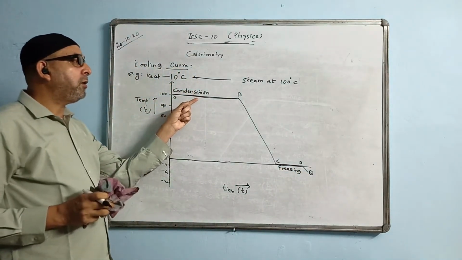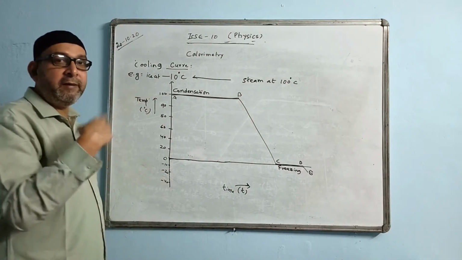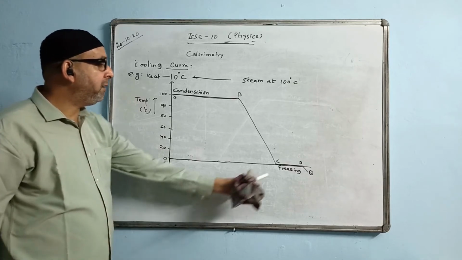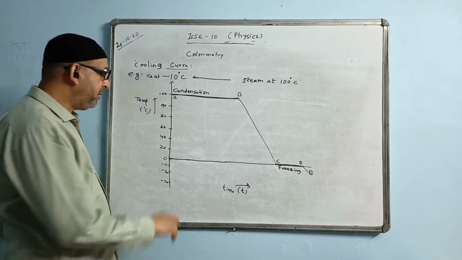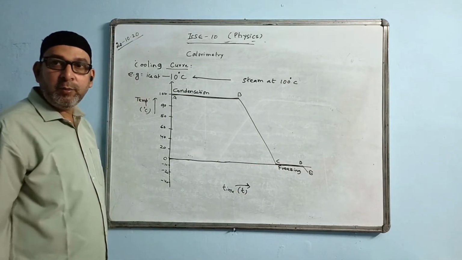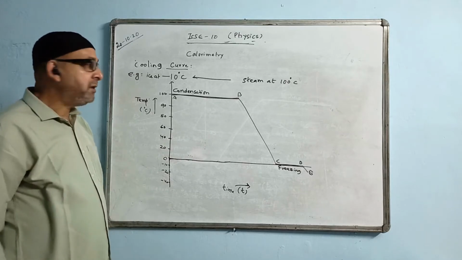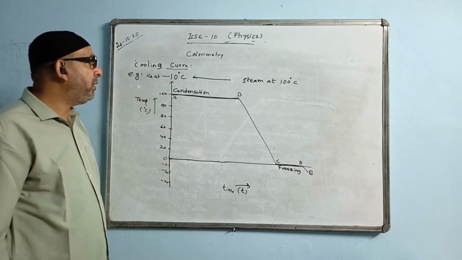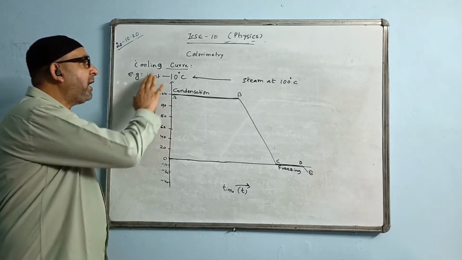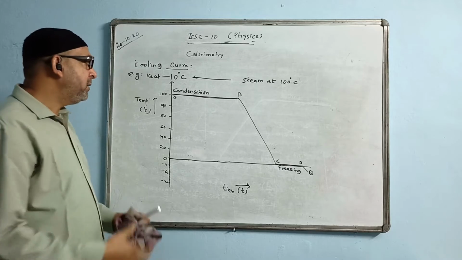Why is this line longer than that line? Because the amount of heat lost or given out or rejected at the time of condensation is more than the amount of heat rejected at the time of freezing, because the value for it is 2260 and here the value is 336 joule per gram. So comparing the two values, this region will be longer than this region. This is how we draw the cooling curve. It is just the reverse of that. The question may come about anything, not only ice and steam, but they will give the melting point and boiling point. So accordingly we will check and draw.